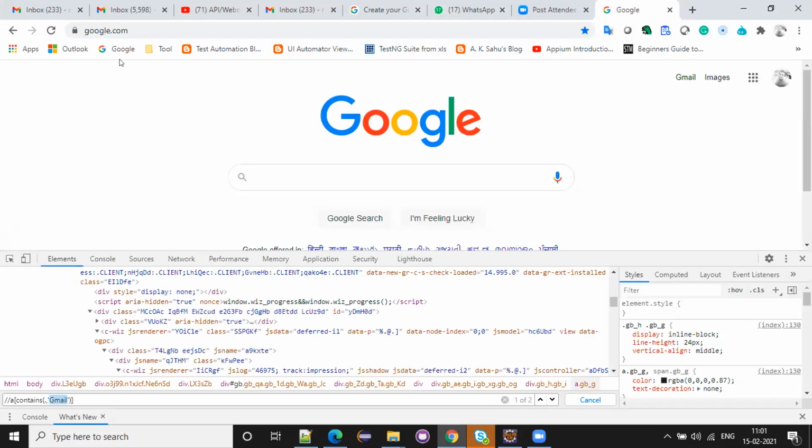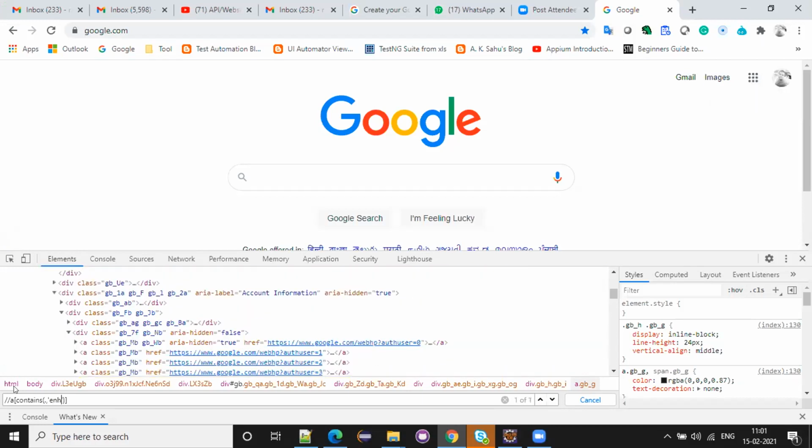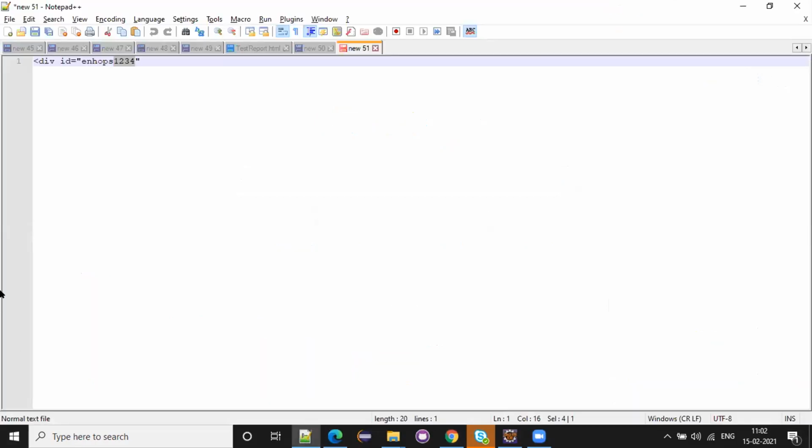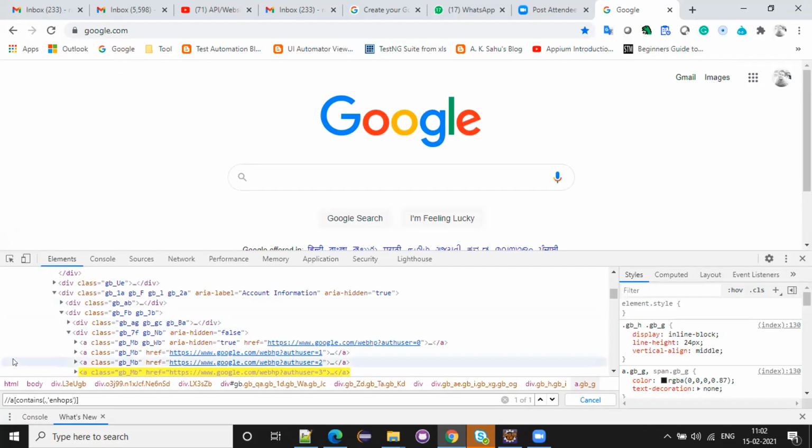Then using contains we can write. nops only you can keep, 1234 you remove. Then it will identify. If you work with the Salesforce application, IDs will change frequently every time. But some constant will be there, we have to use that constant and write the XPaths. So like this we can use contains.